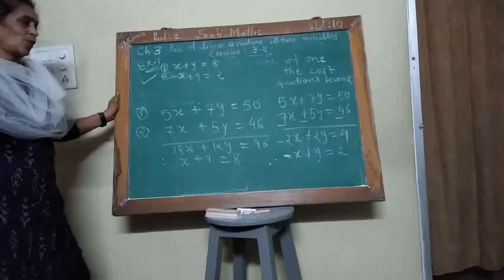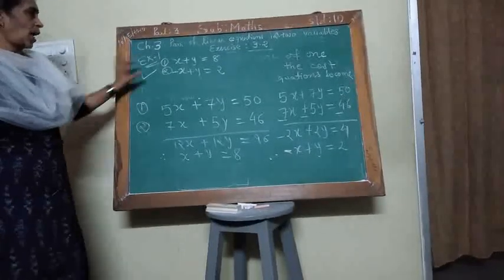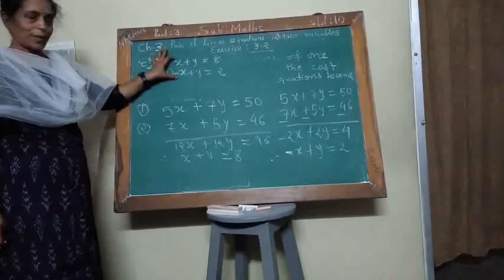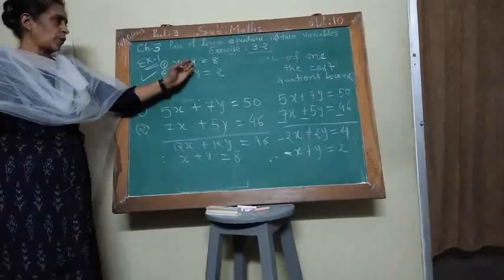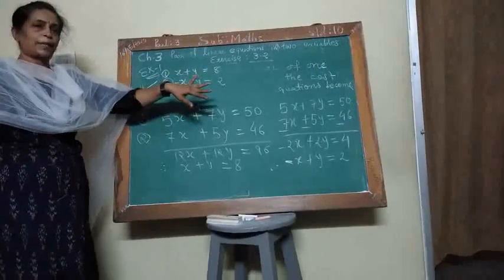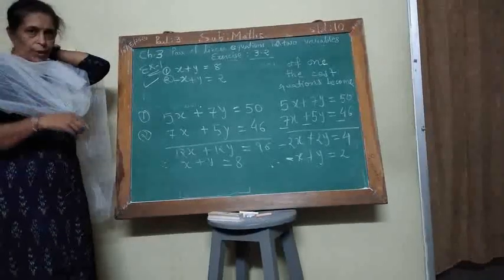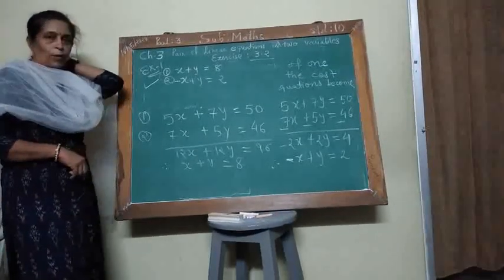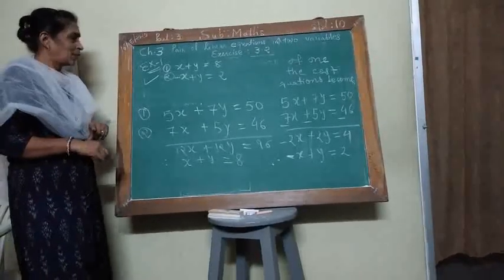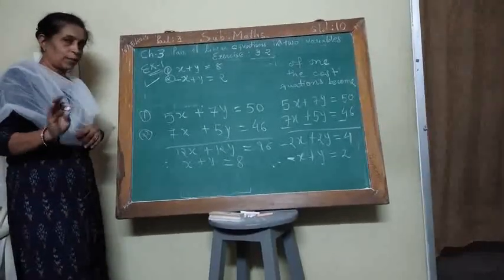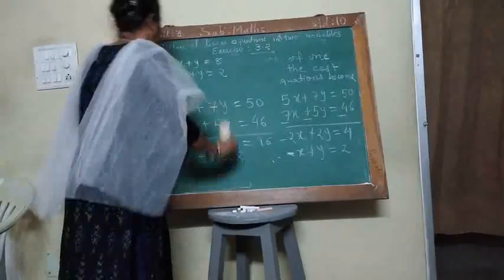Clear? So I give you homework to draw the graph of this. You make the table yourself. Here you may write x equal to or y equal to whatever you like. If you write y equal to, then it is 8 minus x, and y equal to 2 plus x. And you choose the value of x and you obtain the value of y. And you draw the graph yourself. Okay, so that I give up to you. Now I do the second sum, example 2.